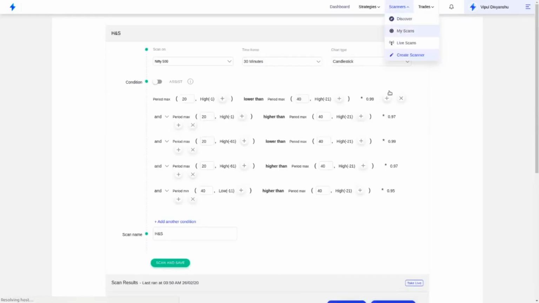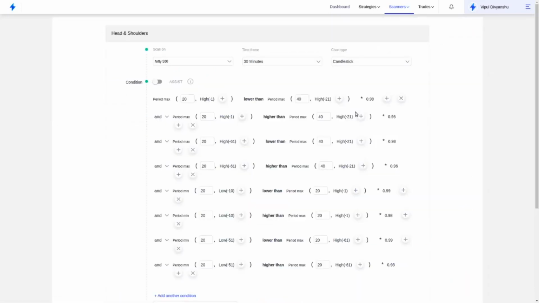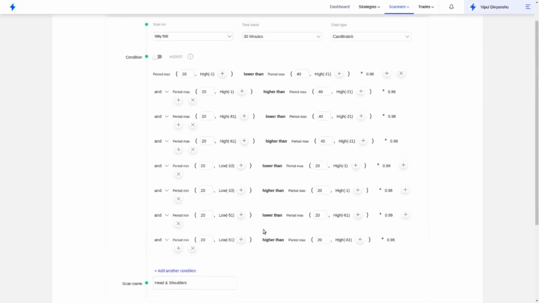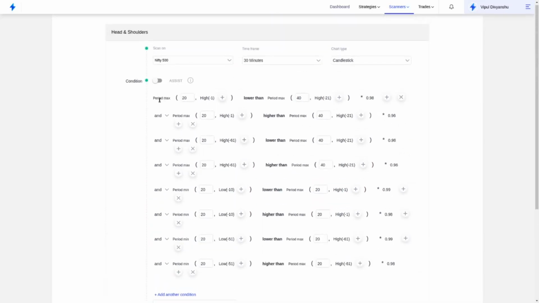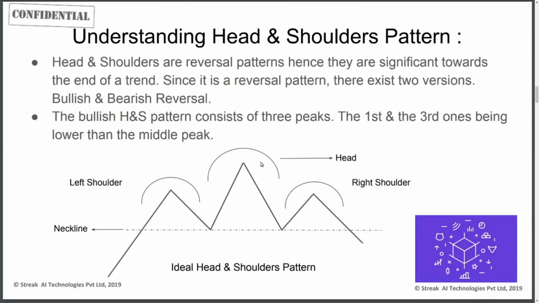So let me just go to my scanners here and open that up. So I think it's this one. Yes. So this is head and shoulder scanner again, and it has same conditions as before. It's just that instead of saying that the right shoulder should be within 1% range of the head,